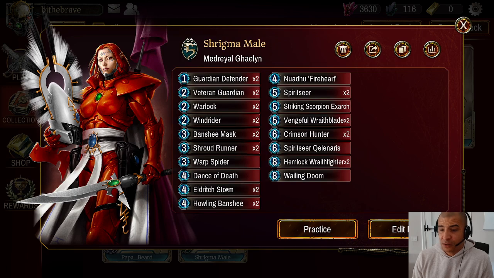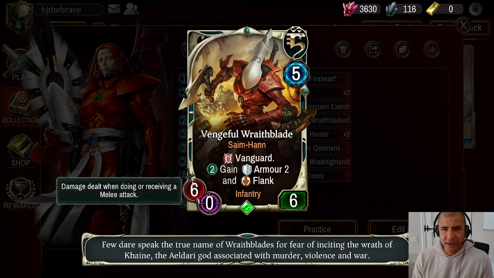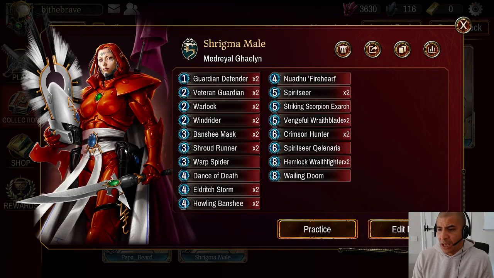sometimes Eldritch Storm, I suppose, but I prefer the Banshee and the Shroud Runners, and obviously the Nadu Fireheart is one, and sometimes even the Vengeful Wraithblade is very good against Chaos. It's also quite good against Uriel. The 6 attack can kill the Rhino, the Impulso, so that's something to consider in that match as well. But generally, if we remove the units early on and